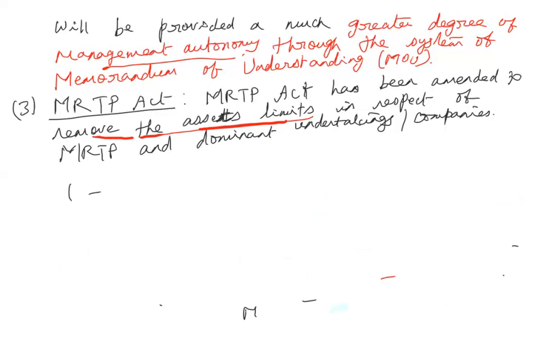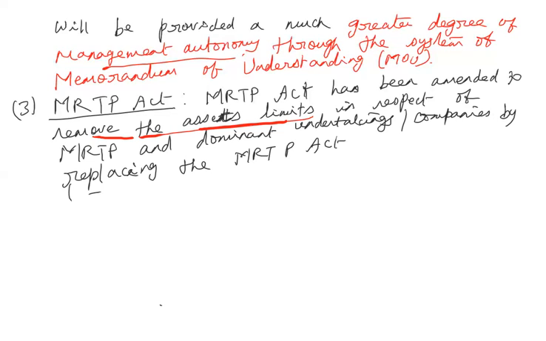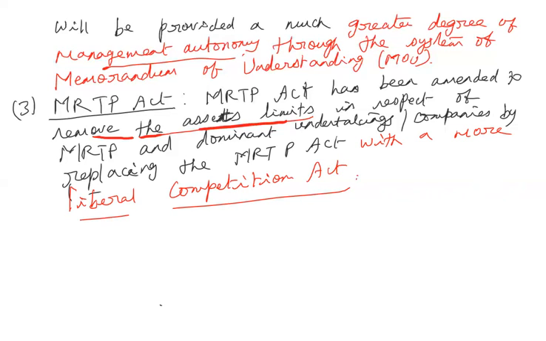So in this, the government replaced the MRTP Act by replacing the MRTP Act with the more liberal Competition Act. So instead of MRTP Act, now it is the Competition Act, it is more liberal to the private